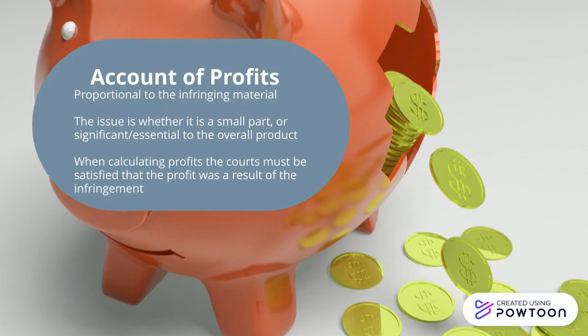For most IP rights, a claimant may elect for an account of profits over damages. Depending on the type of IP breach, the applicant may only seek profits which are attributed to the infringement of the IP protection. When IP breaches are a result of registered design, and are unable to be separated, then the courts may exercise some discretion on whether to award full net profits.